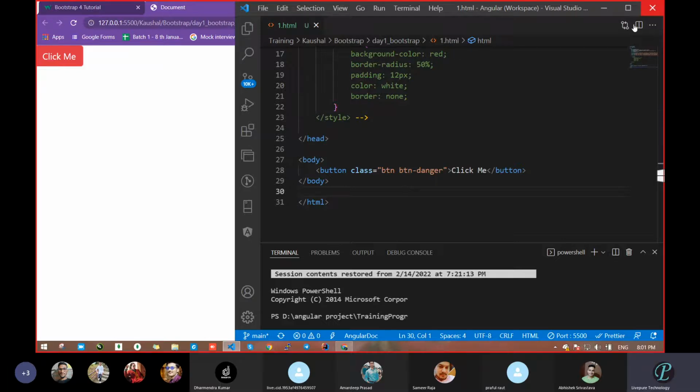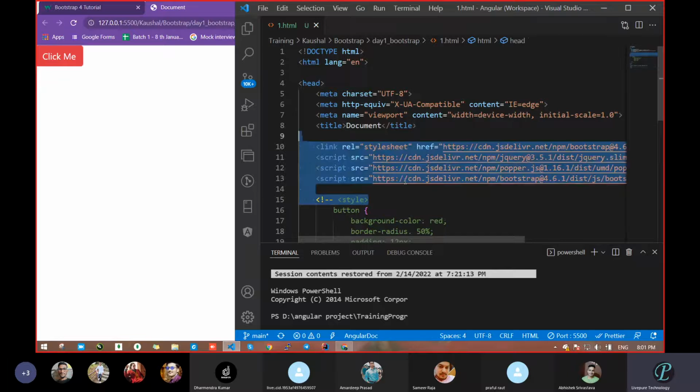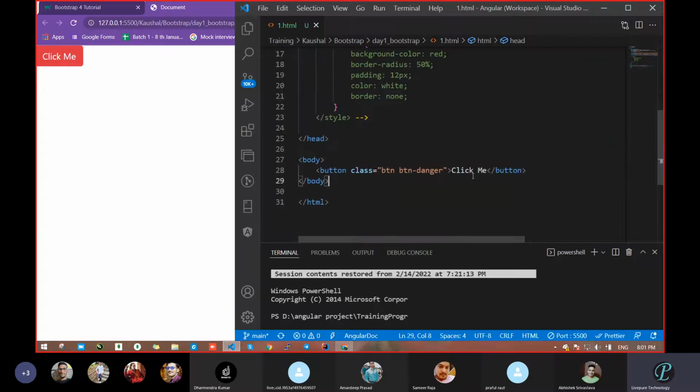Close the VS Code after adding this file, then open it again, then add all the files and check whether it's working. Sometimes you will face issues. Second thing, if you do not have an internet connection, then it will not work, because this is searching for this code somewhere. Where it's searching, we will see that.